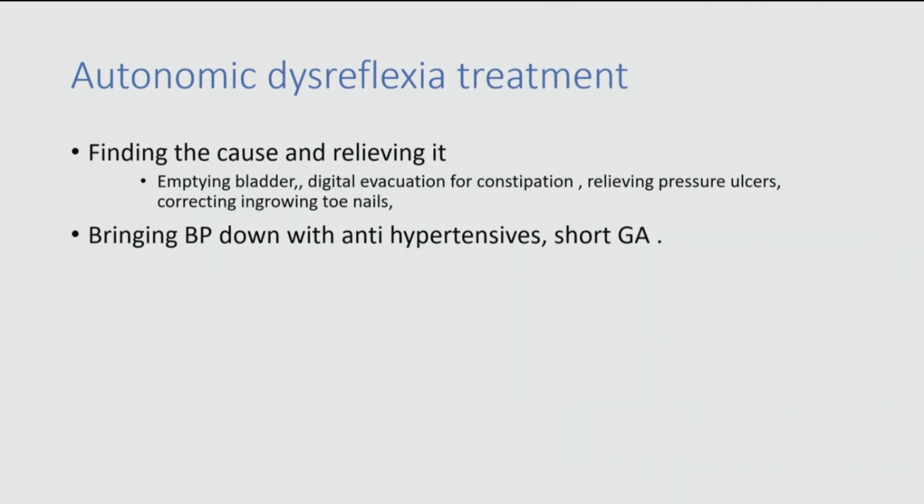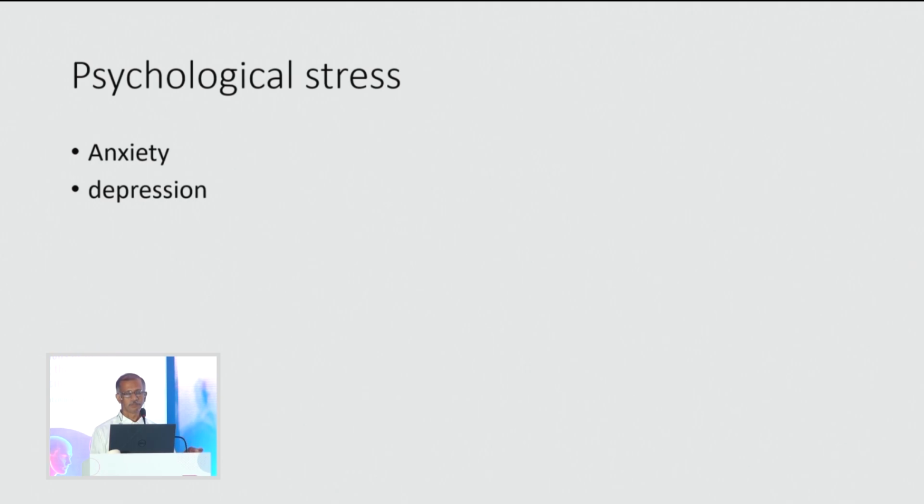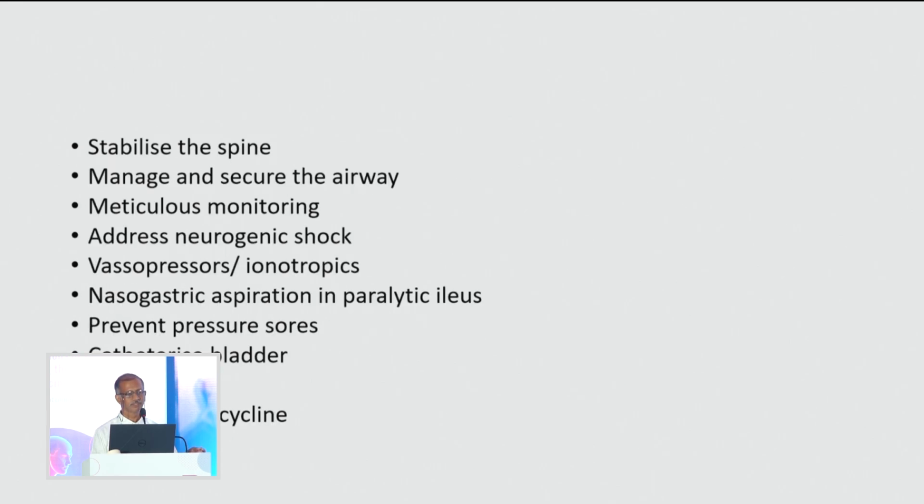I'll just skip it. So psychological stress, we tend to forget that this is important, and you may sometimes have to manage it with drugs. So my references are these, and to conclude,